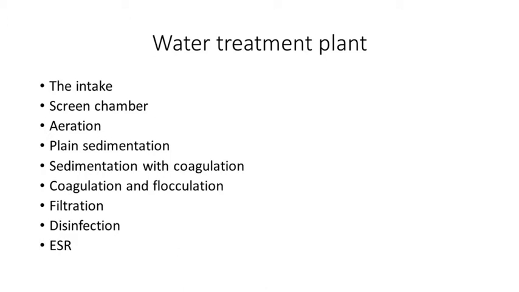It may be step aeration, cascade aeration, or diffused aeration. These are different methods of aeration, and you can use any one method. Basically, if you visit any water treatment plant, you can see cascade aeration, with 3 to 4 steps of 1 meter height. When water is allowed to fall freely over these steps, the maximum surface area comes in contact with air, which increases the oxygen content and releases bad odor.